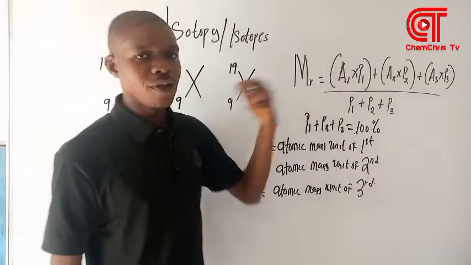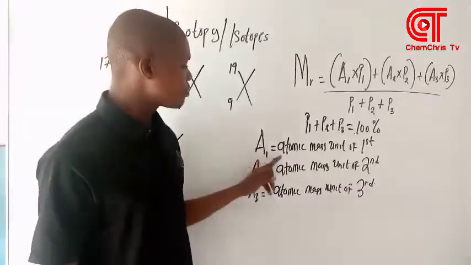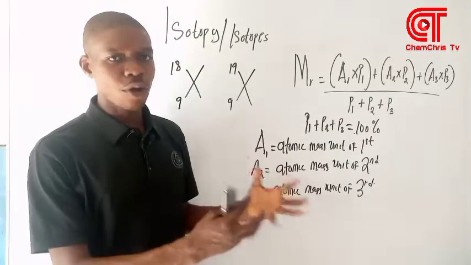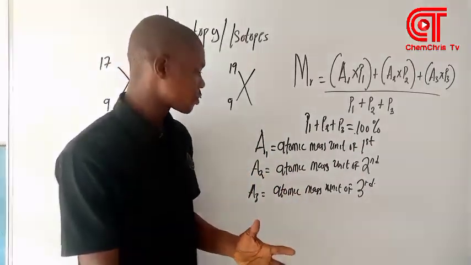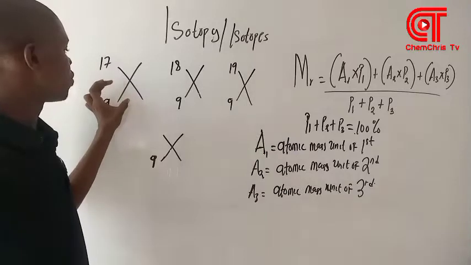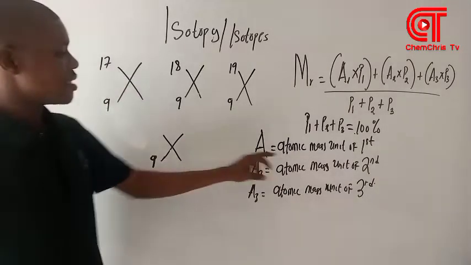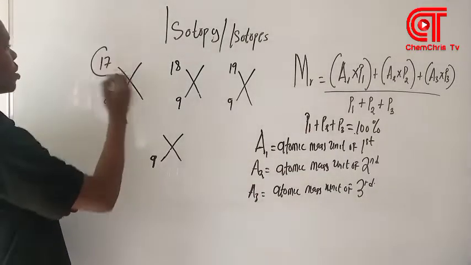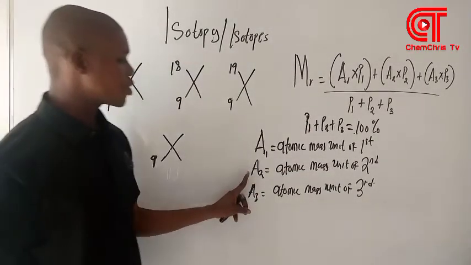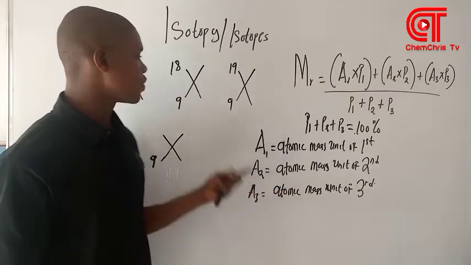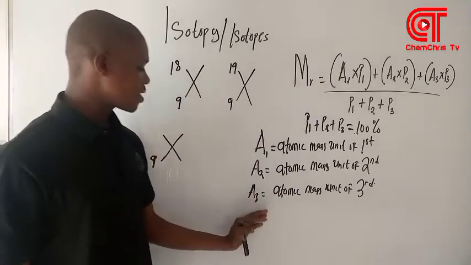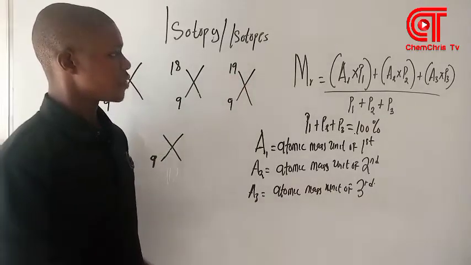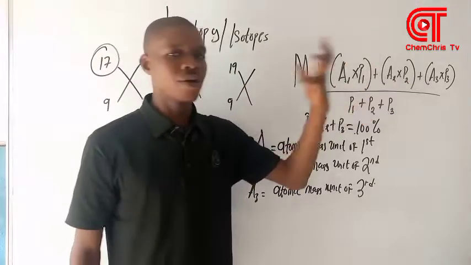Now, where is A1, you may ask. A1 is the atomic mass unit, or the mass number, of the first isotope. If you look at this atom here, the atomic mass of the first isotope is 17. A2 is the atomic mass unit of the second isotope, which is 18. A3 is the atomic mass unit of the third isotope, which is 19. You get? So P1, P2, P3 are called